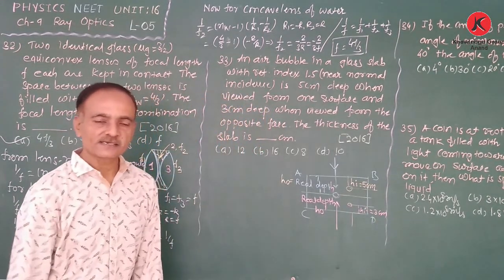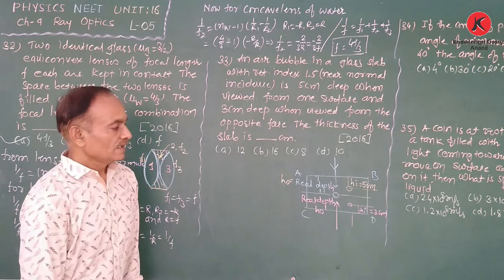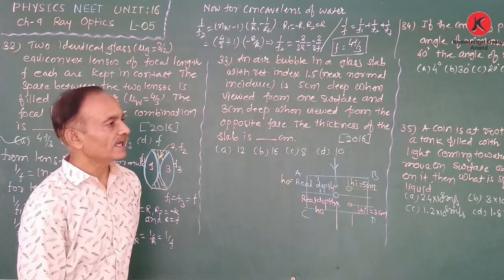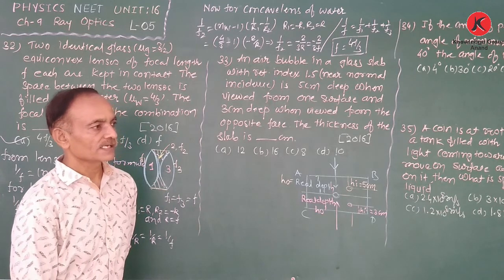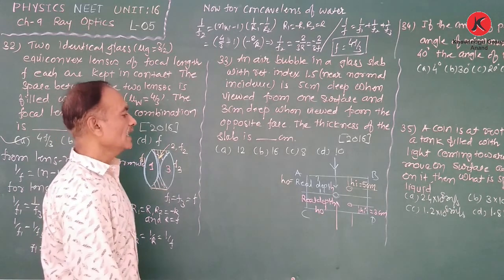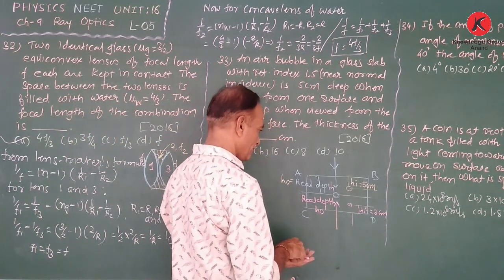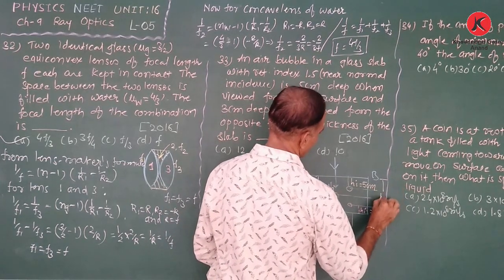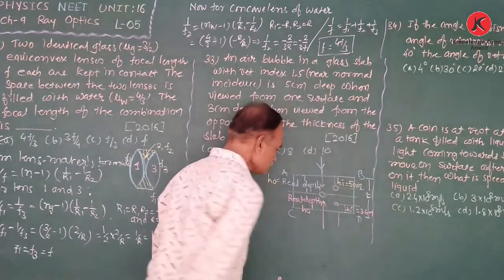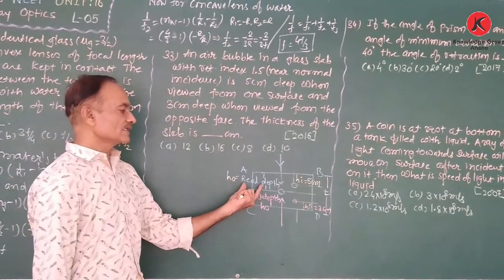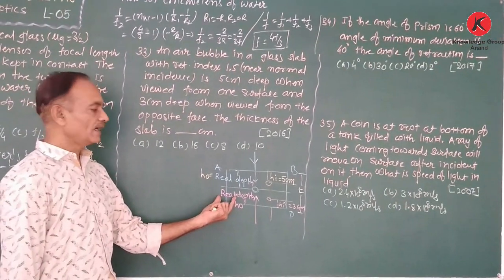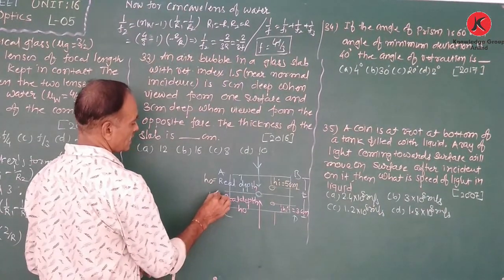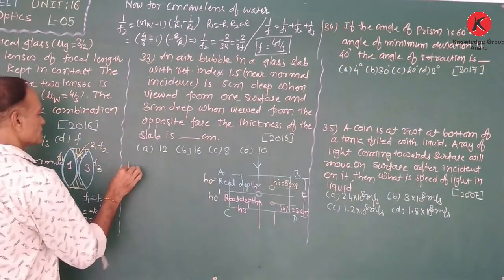Now we know that the refractive index is equal to the apparent depth upon real depth. Clear? Therefore, there is the thickness of the slab. Lastly, as we find out the real depth in both cases, HO and HO dash, the thickness of the slab